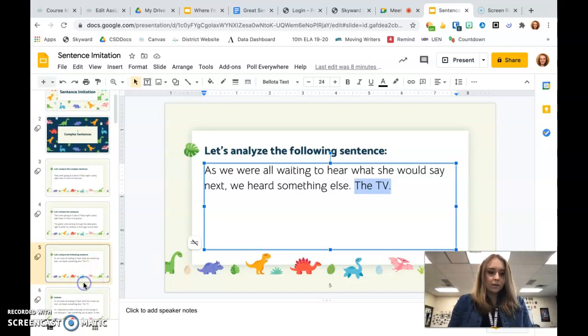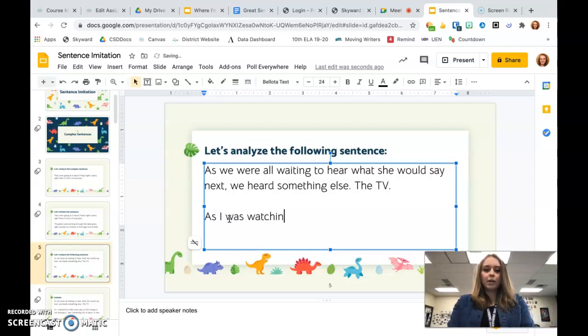Okay, let's try this out. So I'm just going to copy this. Well, let's just do it right here, actually. So we're going to imitate it. As we were all waiting to hear what she would say next. Okay. Well, no, we start with as. So as, I feel like this would be a good situation to be kind of creepy, like dramatic. We heard something else. Here in this case, it's not creepy, but it just feels like it has that potential, like the drama of having that noun at the end or having something unexpected happen. So to me, what's creepy is stalkers, kidnappers. So let's see, as I